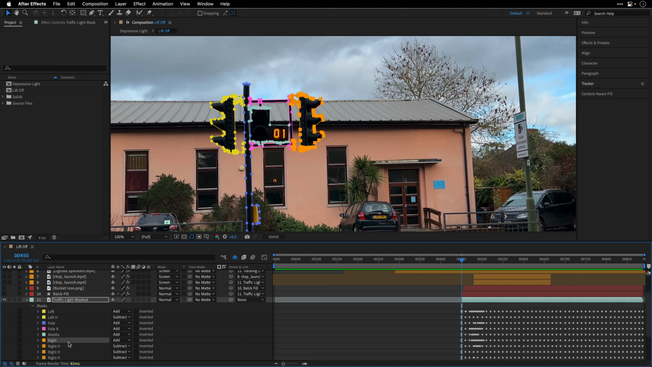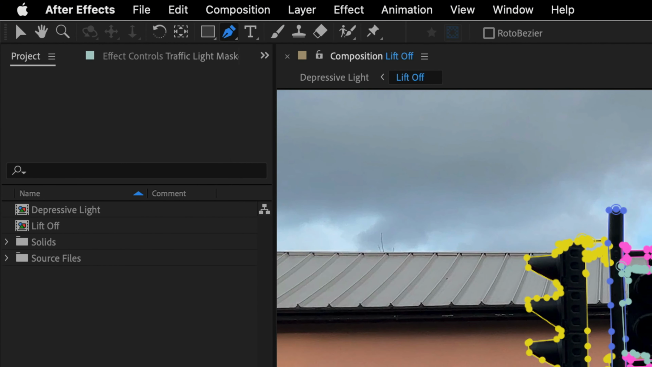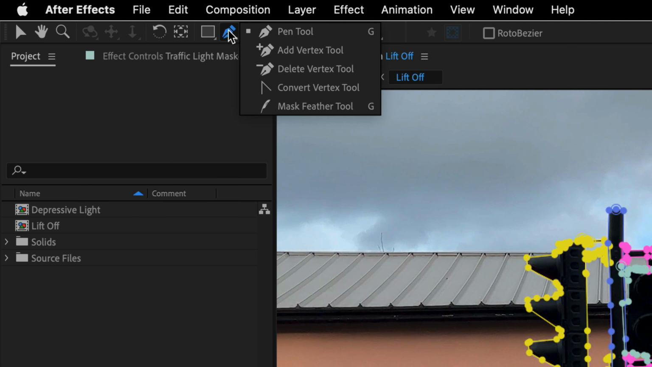Now, there are a couple of tips and tricks that may help you when you are working with masks, especially with the pen tool inside After Effects. So the pen tool has a keyboard shortcut of the letter G. If I press the letter G and then G again, by default, this is going to switch between the regular pen tool and the feathered version. I'm going to hold on this tool to show you that we have options between the pen tool and the